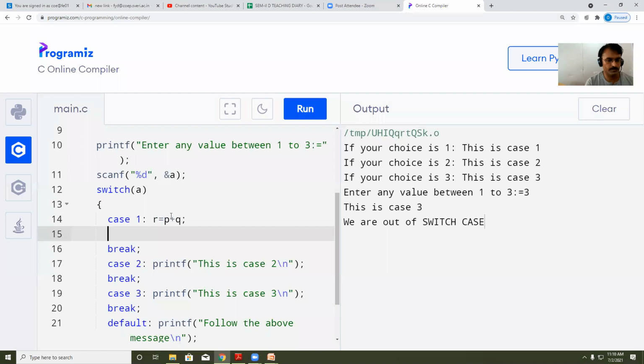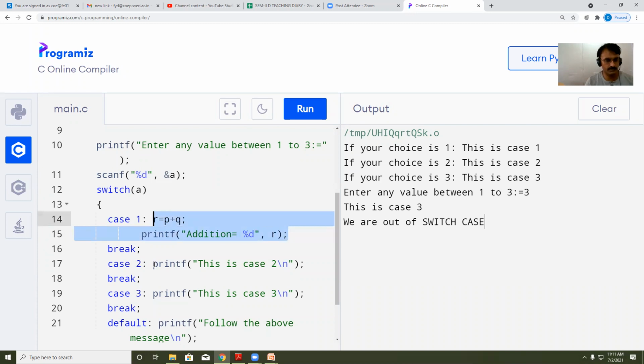And I'm going to print, printf, addition is equal to %d. As I have taken both as integers, its addition will be in the form of an integer. Sorry, I have taken the variable R. So here I am going to print the addition.